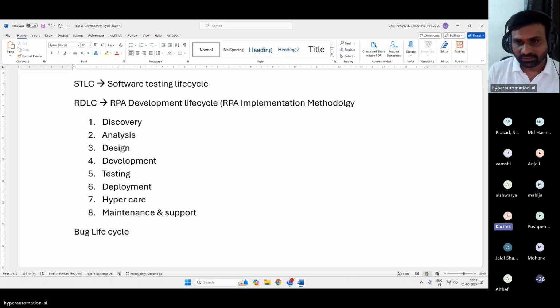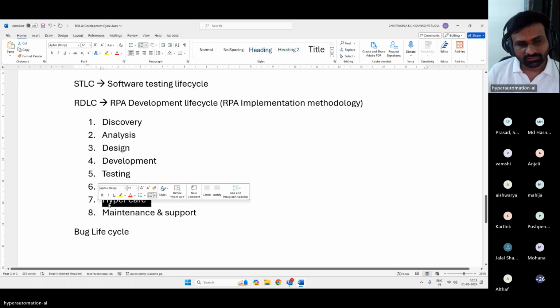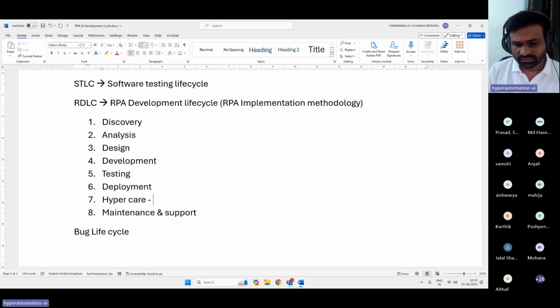So what is hypercare in this? Is it a period of the project or a period of support? For 2 weeks, we will do that. In case of any issues, when we deploy the automation into production, we will fix with an emergency request, and so on. We will come to that. Hypercare and maintenance, just like monitoring, right?